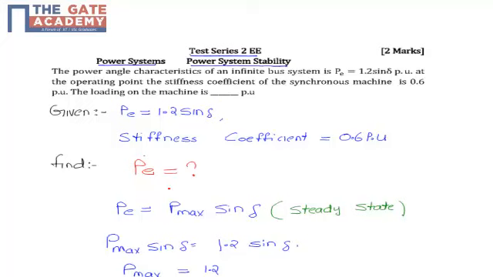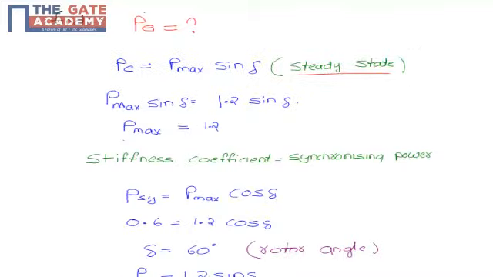In steady state, the generator is rotating at mechanical speed which is equal to the synchronous speed. So the electrical power is equal to the mechanical power. Then PE is equal to P max sin delta. In the given question the value of PE is equal to 1.2 sin delta. From here we get the value of P maximum as 1.2,